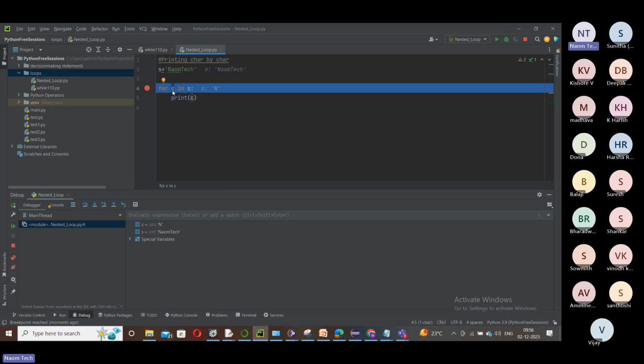It might be c, it might be x, or it might be anything. But the position of the first variable is a dummy variable. So each time you iterate this for loop, one character, one value from this collection is copied to this dummy variable, and you can observe that copying pattern here.